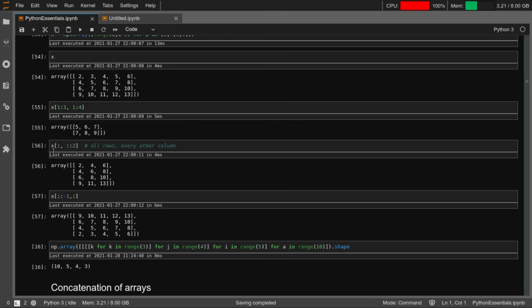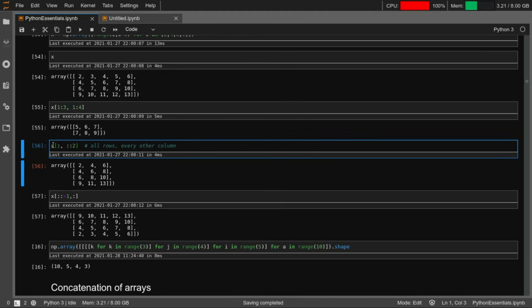Again, in a multi-dimensional array, you're going to specify slices in all the dimensions, right? When you have not mentioned any integer on a particular axis, you are just saying colon, it will select all the elements in that axis, right? This is dimension 0, so it will select all the rows.